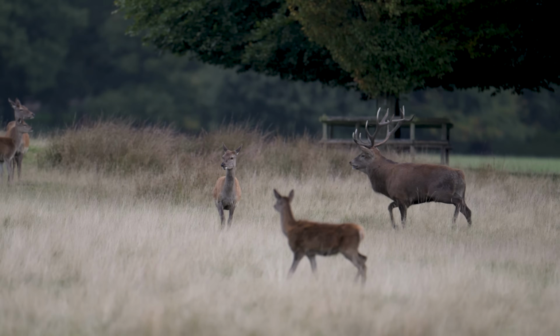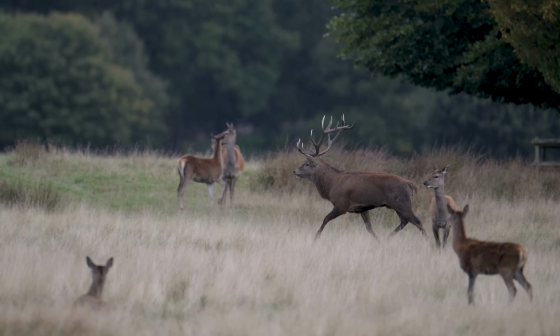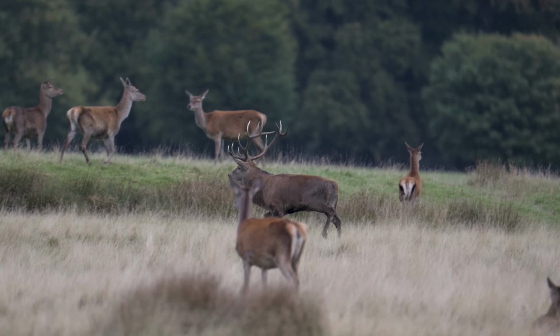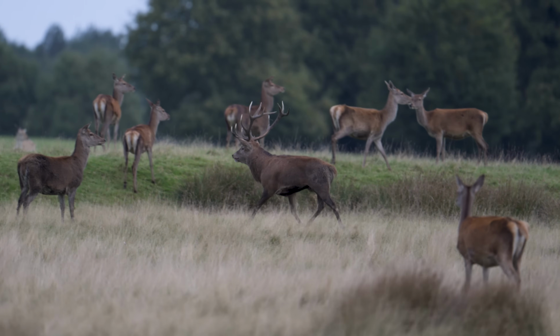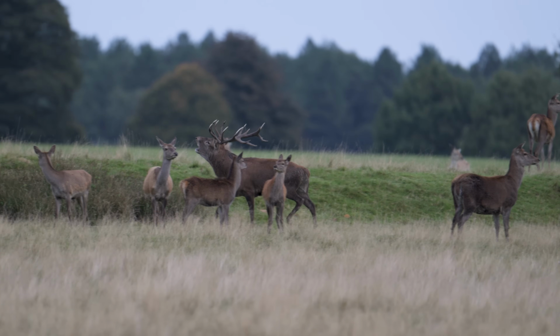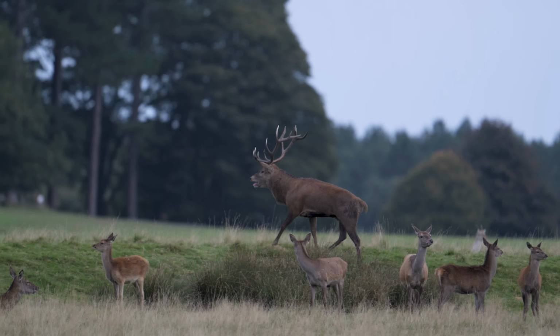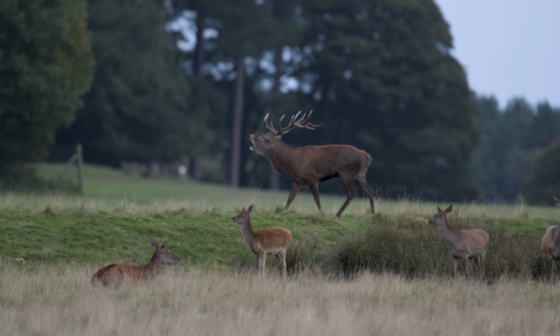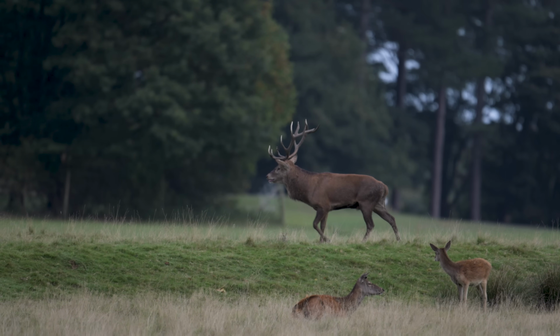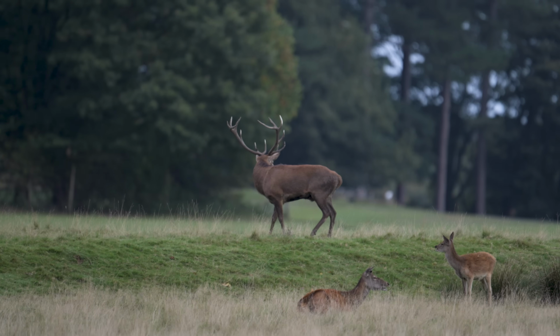But it's exhilarating stuff. But at the same time, you've constantly got to have your wits about you, because if you don't, a stag will come in from behind you, and it's the ones that are pushed off, the lesser males. When they're being chased off, they're angry. They're angry that they've lost face to that big male, and because of that, they're more likely to kind of